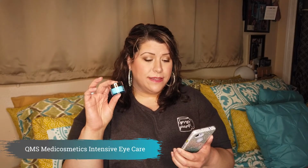So the first product, and that's my husband bumping the camera, is the QMS Meta Cosmetics Intensive Eye Care. So this is an eye cream. The active ingredient complex of this enhanced eye cream helps to minimize the appearance of fine lines and wrinkles whilst hydrating and lifting the skin. Natural silk, acacia, and Sigisbeckia orientalis, don't quote me on that, extracts provide a powerful anti-aging combination that helps boost elasticity, smooth out wrinkles,